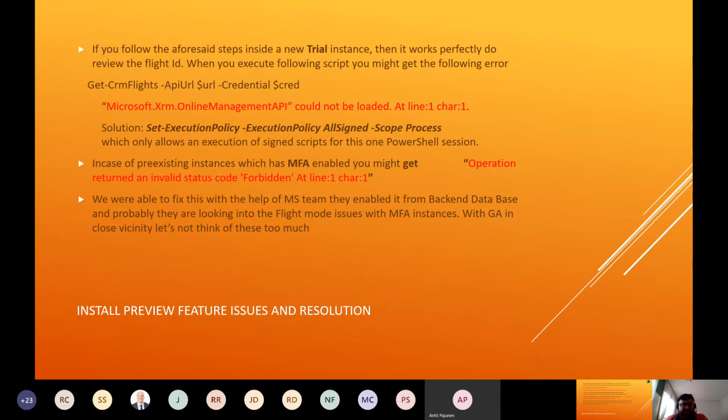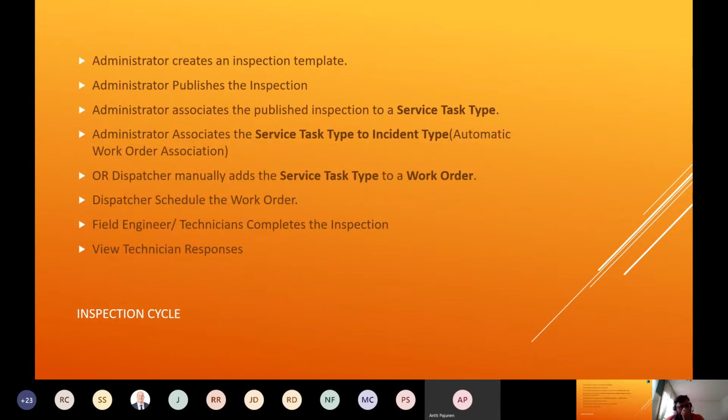So let's start with the inspection life cycle. The life cycle starts with the creation of inspection templates. Once the inspection template is created with a set of questions, the administrator can publish that inspection. Initially the inspection is created as a draft, it is in draft mode. Once you publish it, you can use it as part of a service task type. So in service task type,